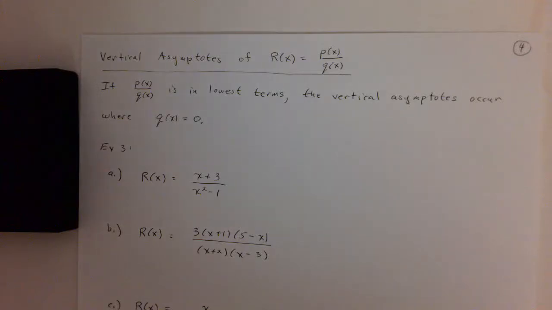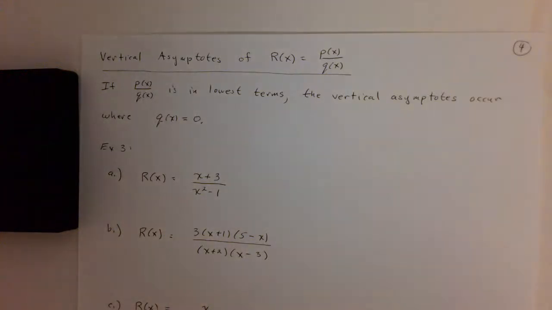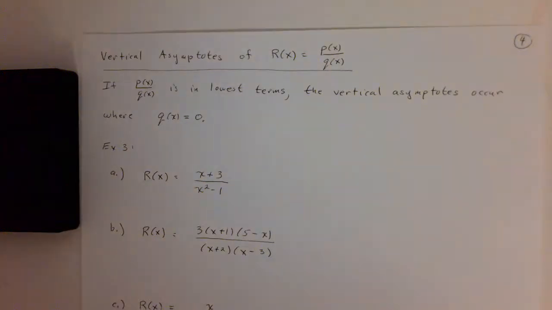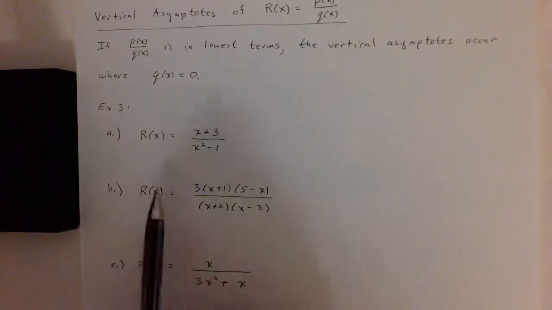And the only caveat is you have to make sure that the rational function is in lowest terms, which means that there are no common factors between the numerator and the denominator. Once you cancel all the like factors, then you can just go set the denominator equals 0 and go from there. So the key here is you want to do as much factoring as you can. For example,